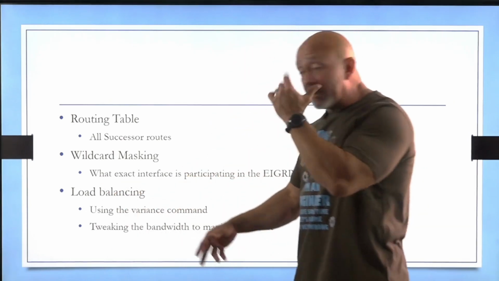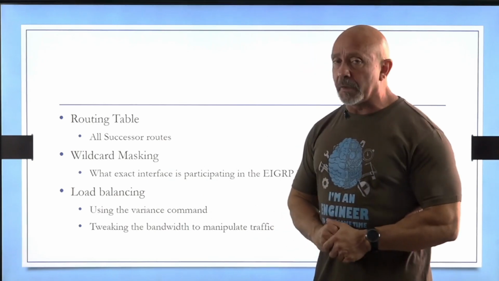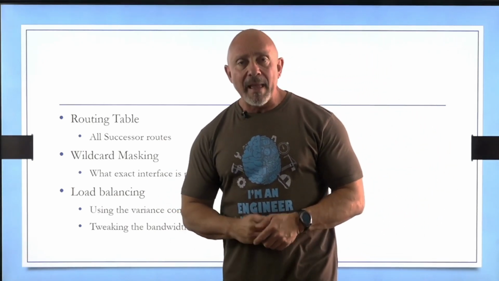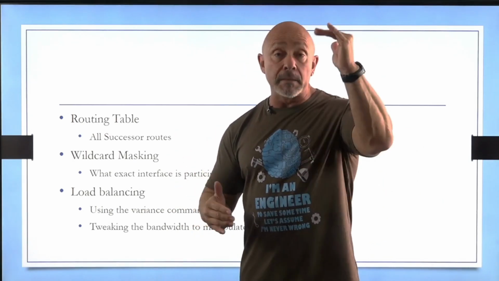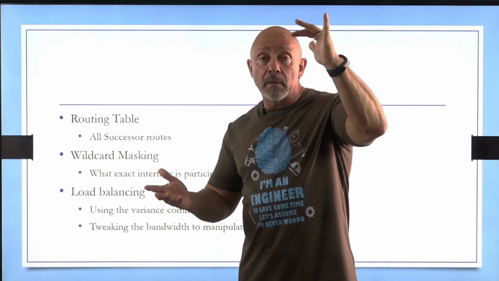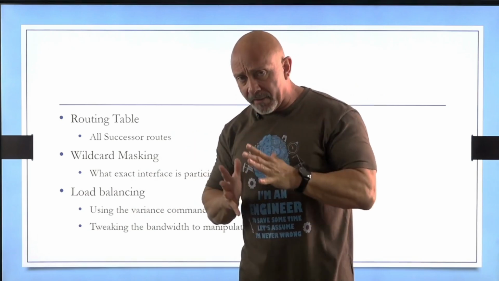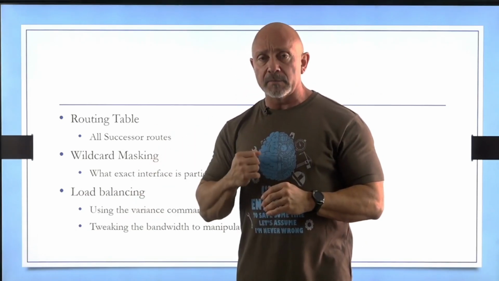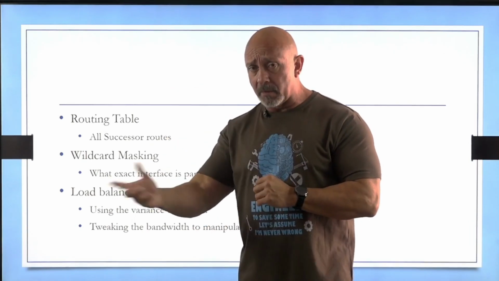Now, it does have load balancing. All routing protocols have load balancing, but we're going to look at it in EIGRP. Now, EIGRP has something called the variance command. What the variance command does, you take a look at your metrics. Let's say you have a metric of 1 million on one, and a metric of 2 or 3 million on another, and you want to bring those two together as one. Well, you will use a multiplier. So within the routing protocol, you would type in variance and then use a number, which is called a multiplier,